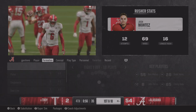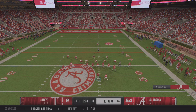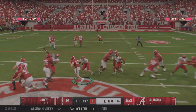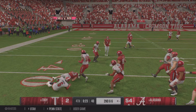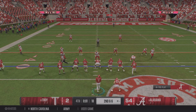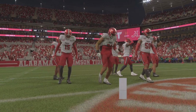I'd say this run is pretty emblematic of what we've seen all day long. No matter what they've done on offense, the guys up front have controlled the line of scrimmage. They've given the quarterback time to throw. They've been able to run, really, whatever they've wanted to. That's why the points are going up on the board. Right now, the psyche of this offense is we're in control, and we can do whatever we want whenever we feel like doing it. Of course, in the playoffs, it's